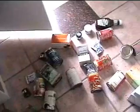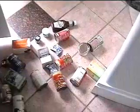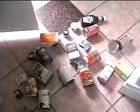And so now we've gotten past the glass and we see that we've found the kitchen area, and we are now in what would be the BC corner of the house. So we would call in to the headquarters and let them know that we were in the BC corner. So we have several items of food on the floor here. We would definitely annotate this because these are supplies that we could be using in the future. We would not put the items back, unfortunately, because of